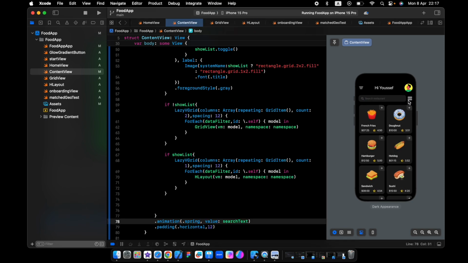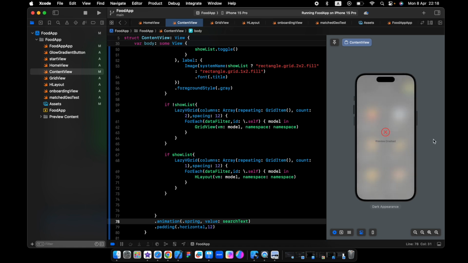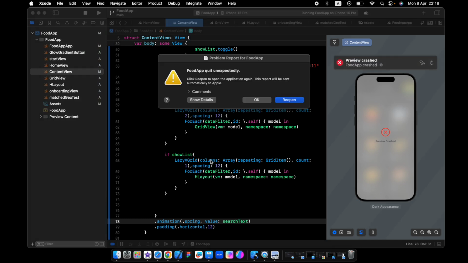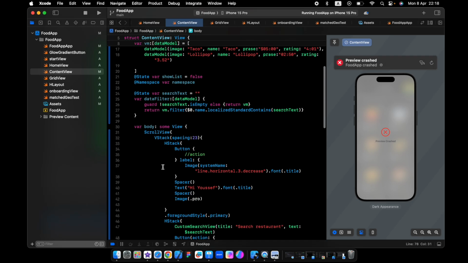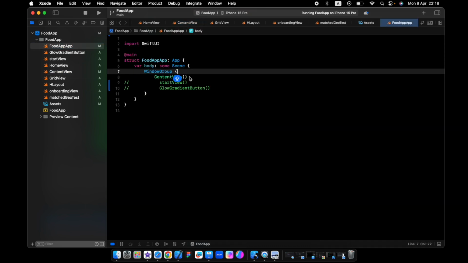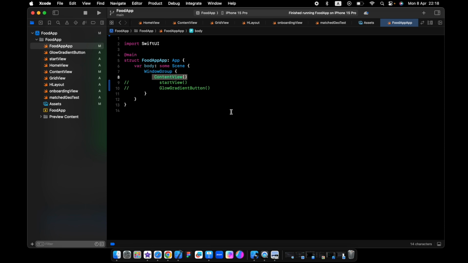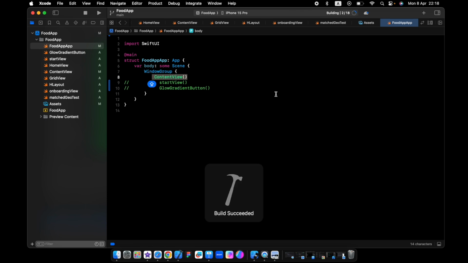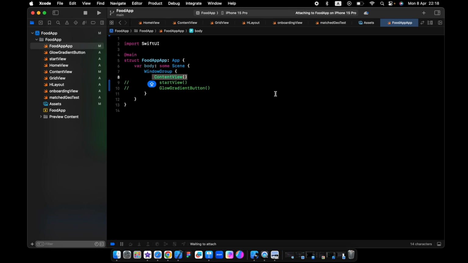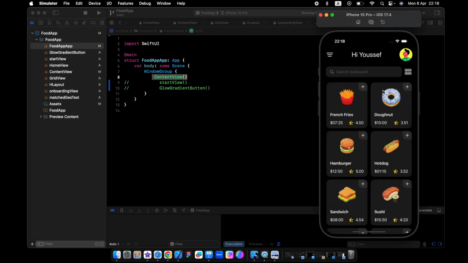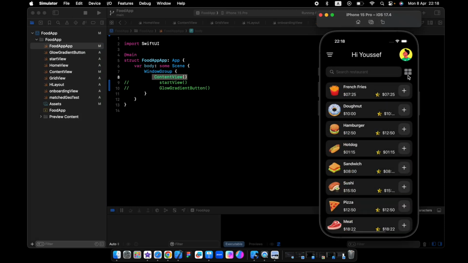Now if you click again to switch to the horizontal view, the app will crash. I don't know why, sometimes Xcode is not working. But I will run the app. As you see here, the main view will be the content view. Here if I click on a button, it works just fine. If we search for an item,